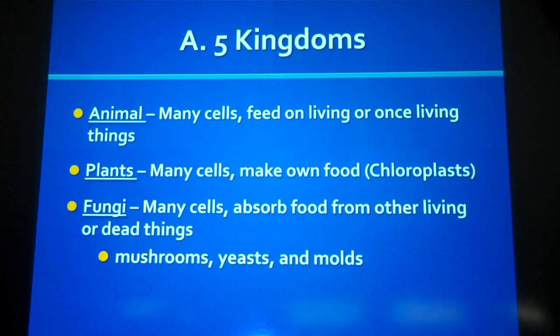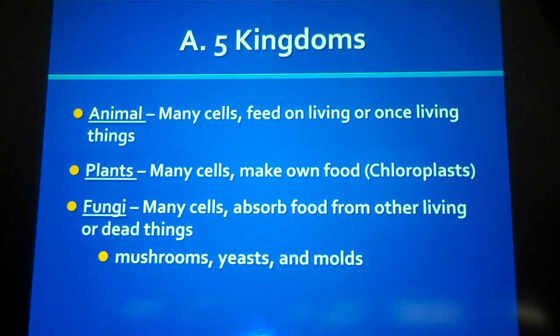To start out here, we're going to go over the 5 kingdoms. The kingdom is the largest classification group, and it is broken into 5, obviously. Here are the first 3, the animal kingdom. Then we have the plants. Then we have the fungi kingdom, and 2 more on the next slide. But animal kingdom,